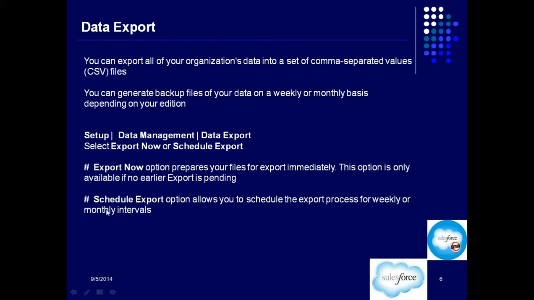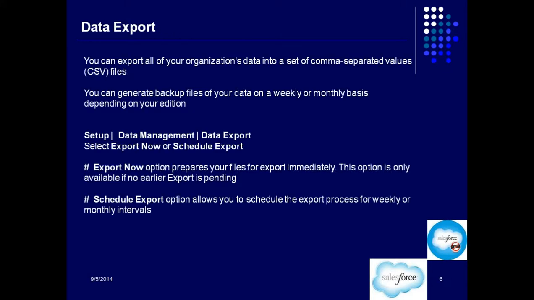The Schedule Export option allows you to schedule the export process for weekly or monthly intervals. Got this thing clear? Alright. Now let's go and see an example of export.